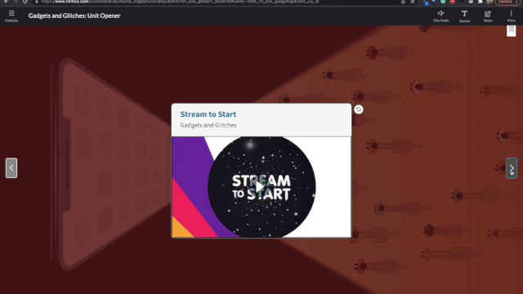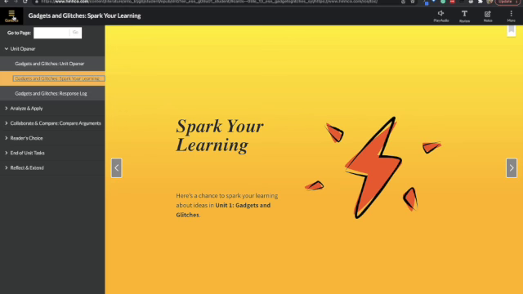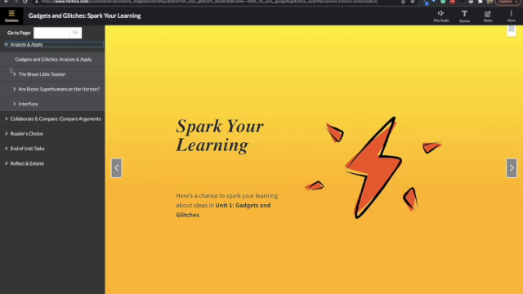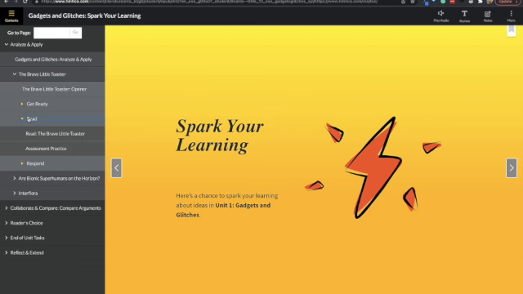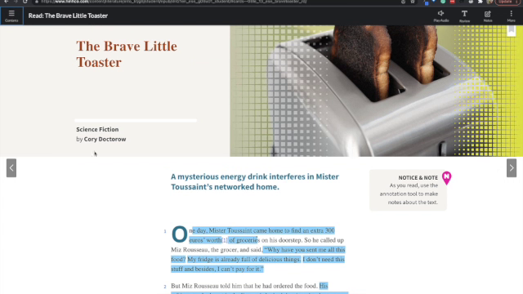Now, in addition to navigating through the pages using the arrows here, you can also navigate using the table of contents in the upper left-hand corner. Each of these little drop-downs will take you to different parts of the unit. So let's say we want to read the first Analyze and Apply text, The Brave Little Toaster. If I click here, I can jump in, again, notice the parts of the lesson, and jump right to the text. So I'm going to go ahead and close my table of contents here,